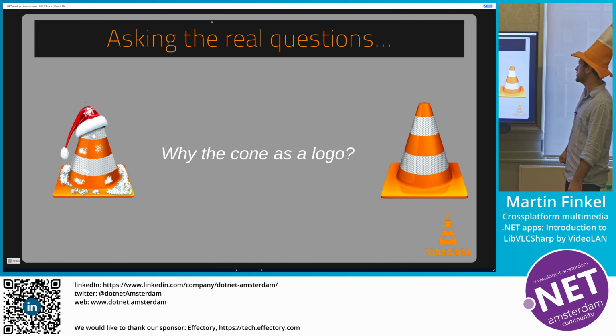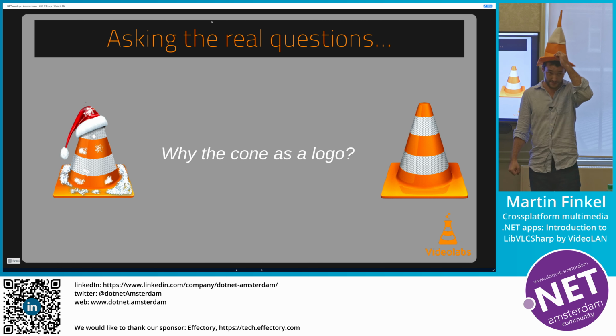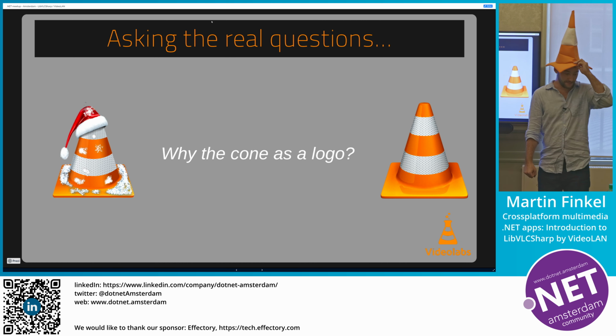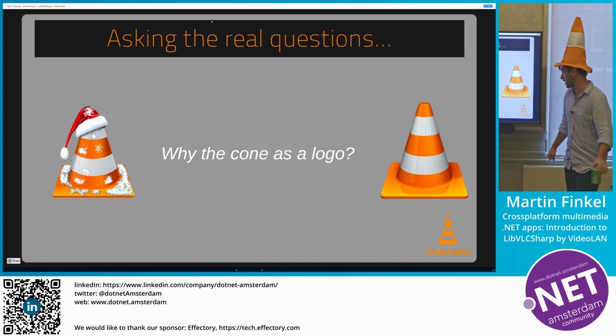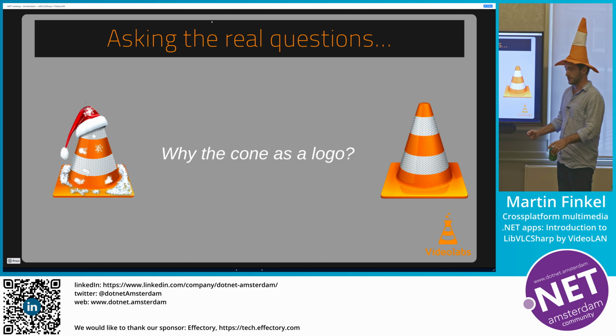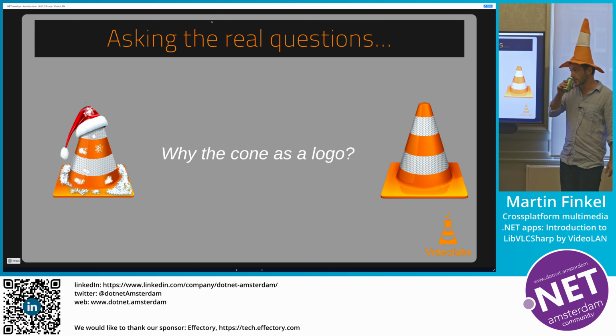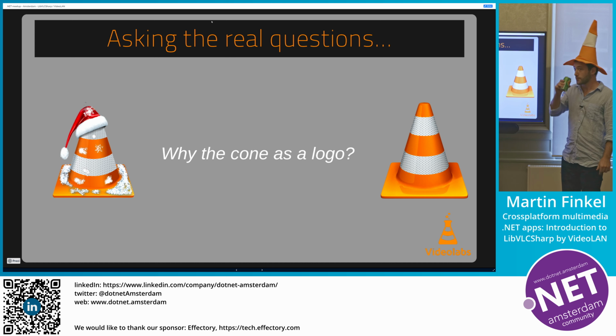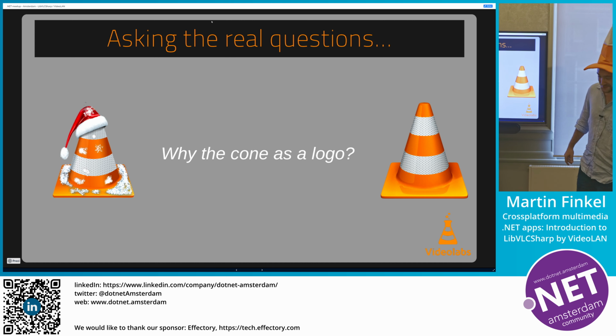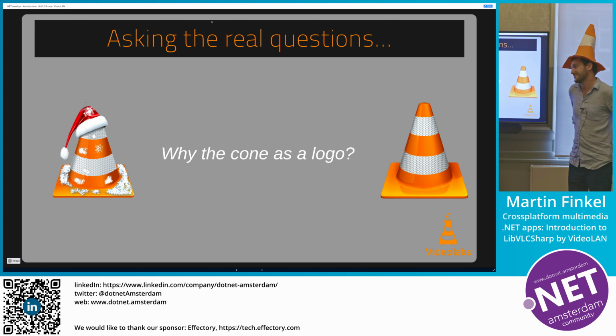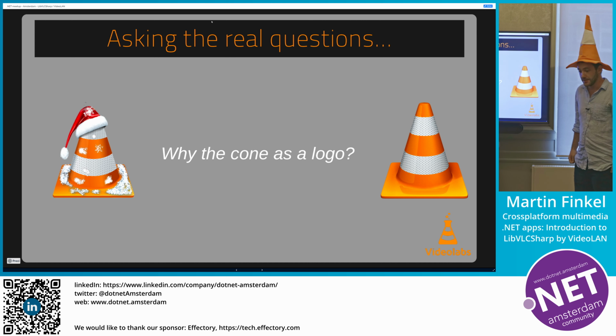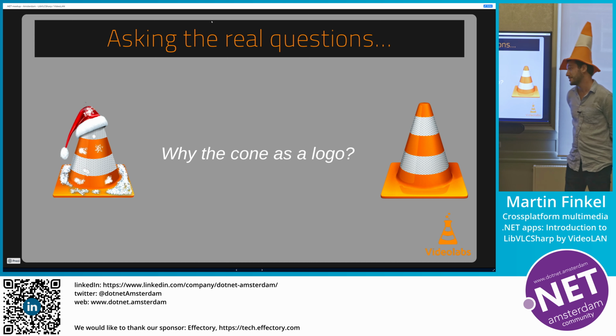So I think someone here already asked me that question. Does anyone have any idea about why this is the logo of the project? I've always wondered. You would use it about something that's under construction, so... Yeah, but that wasn't, I mean, yes, definitely it fits, but that's not the main reason.